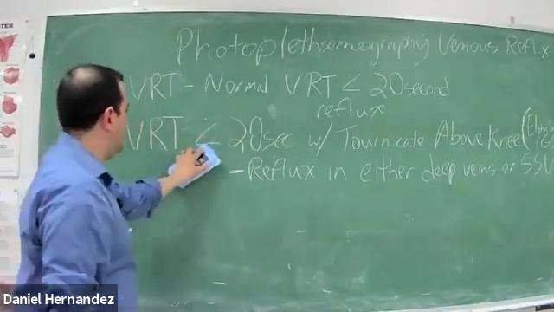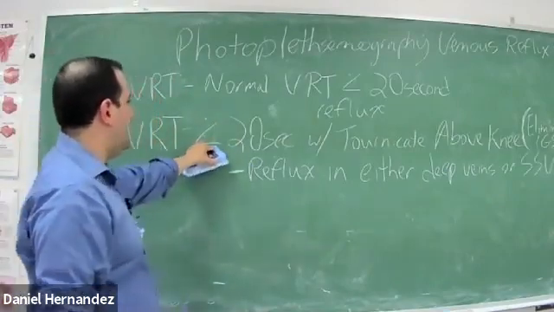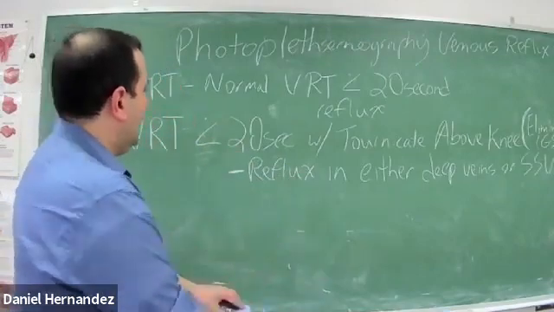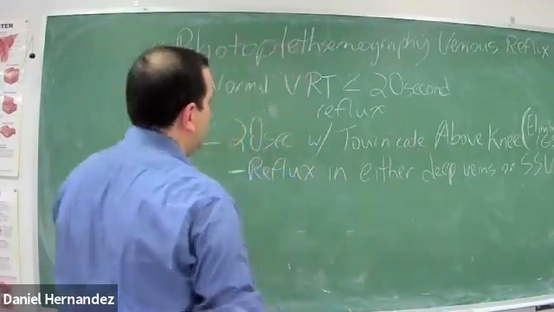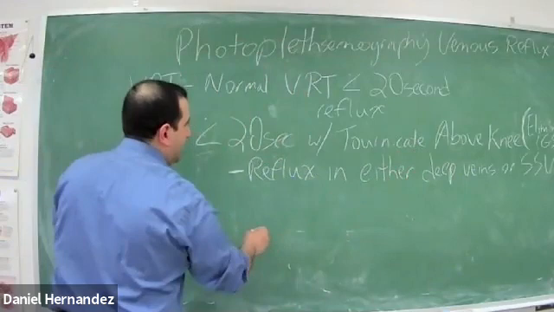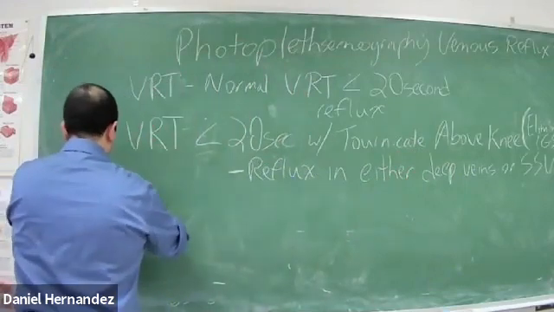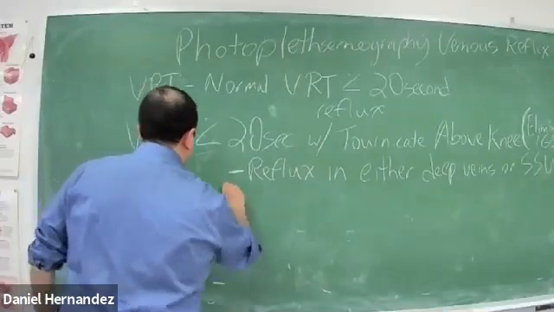So if we're continuing with our test and we still have a venous reflux time which is less than that 20 seconds, if it's filling quickly, it means we still have reflux going on, even though we've eliminated the greater saphenous. We'll then place the tourniquet below the knee. So then if we have a VRT which is less than 20 seconds,